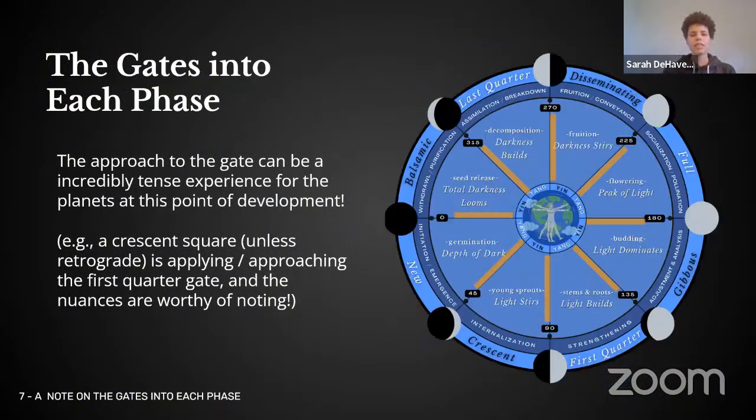All right, so the gates into each phase, I mentioned this earlier, bears repeating. The approach to the gate can be an incredibly tense experience for the planets at this point of development. As I mentioned, like with a crescent square, for instance. But to explain it a little more deeply, like a crescent square, why it's more intense is because, well, if you think about square energy,